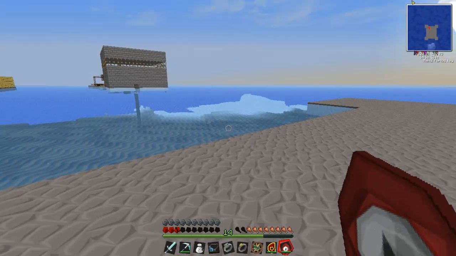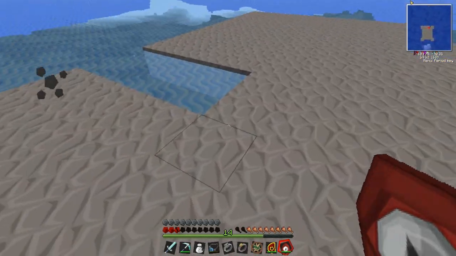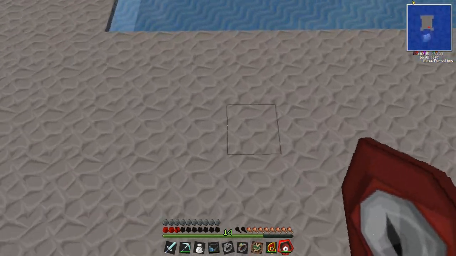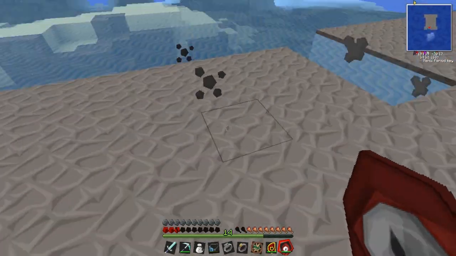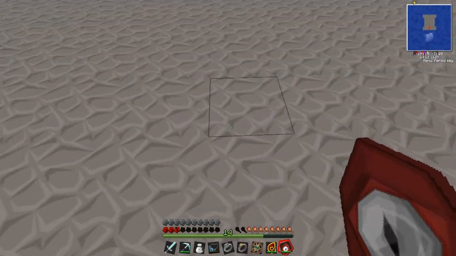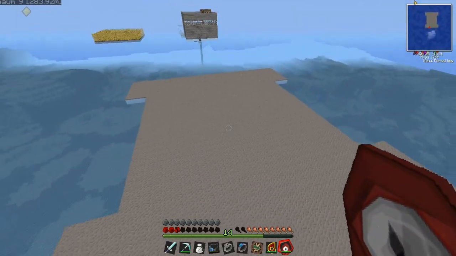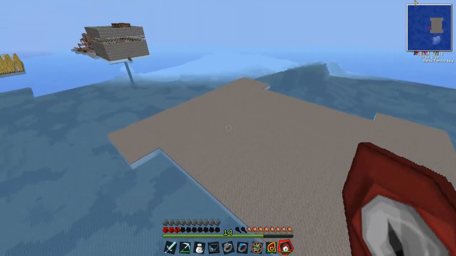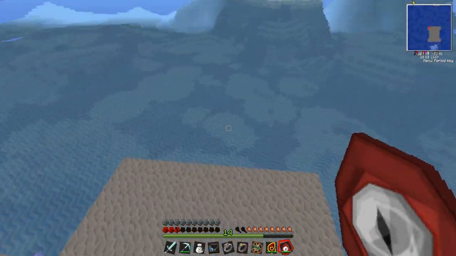Actually, you know what? Thinking of doing that on that side and on this side, but leaving the other gaps just to make it look cooler. There we go. What do you guys think? You think that's a cool design? I think that'll work. That's quite a big area, so we're gonna have plenty of room for bases and stuff. Okay, so now...